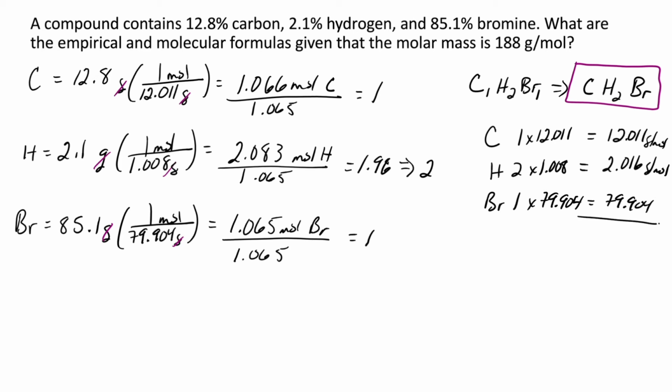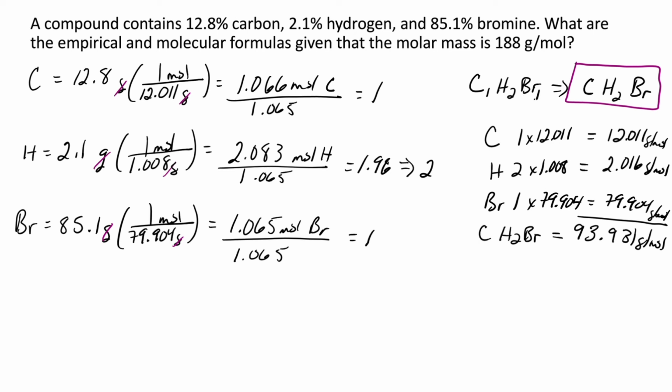which is 79.904. If I add all of these together, we have a molar mass of 93.931 grams per mole for each CH2Br. Now, this is the molar mass for the empirical formula. And remember, the empirical formula is like your backbone, your least denomination for the subscripts for a compound. And based on the mass of the compound, it may be a multiple of this empirical formula. So in other words, it can be